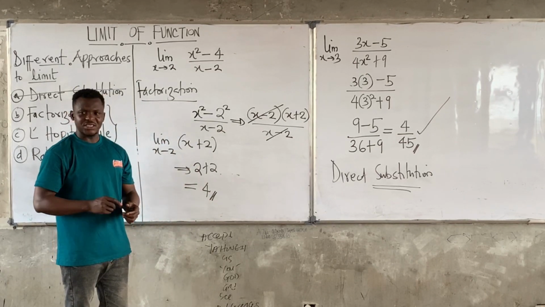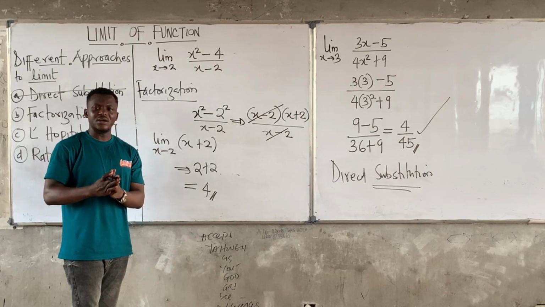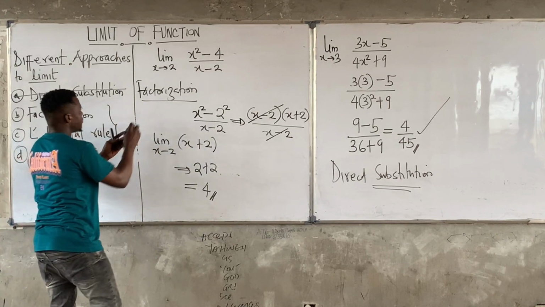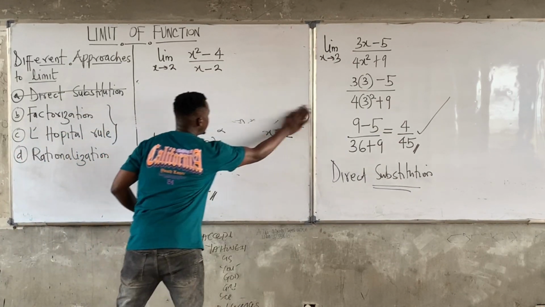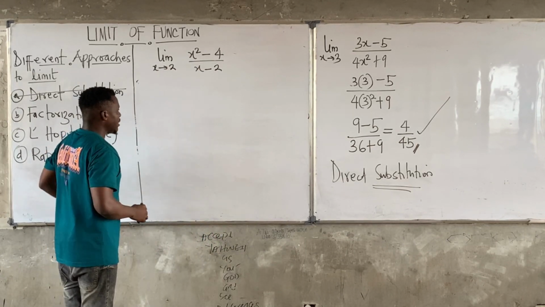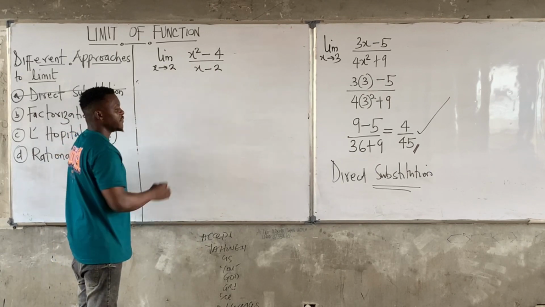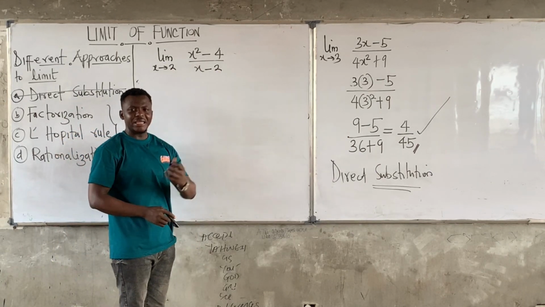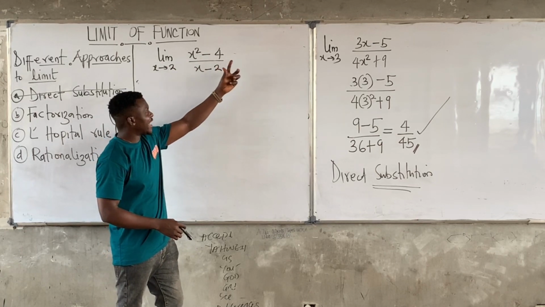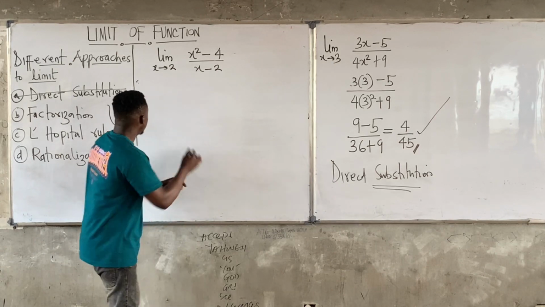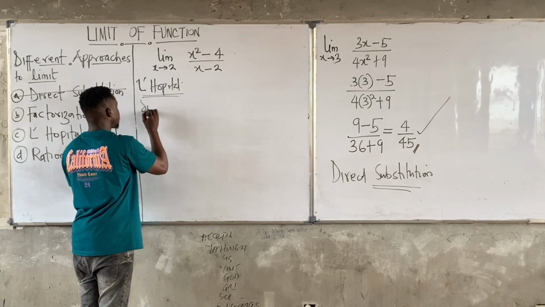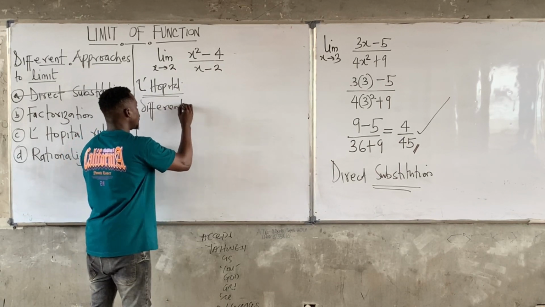Now this is direct factorization. Now, let's see what L'Hopital's rule states with regards to this type of limit. In L'Hopital's rule, anytime the limit of a function gives us an indeterminate value, what do I mean? After substituting this value here, you're getting 0 over 0. Class, L'Hopital says differentiate both